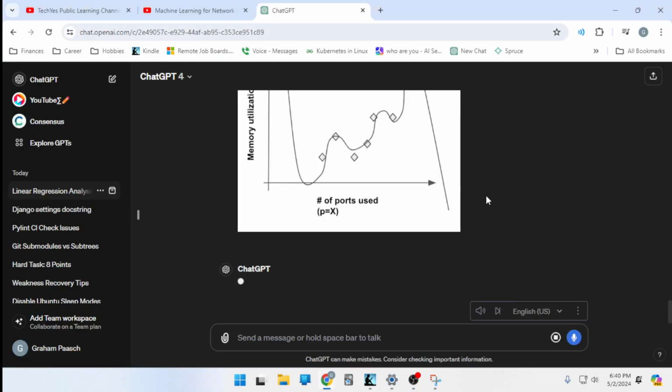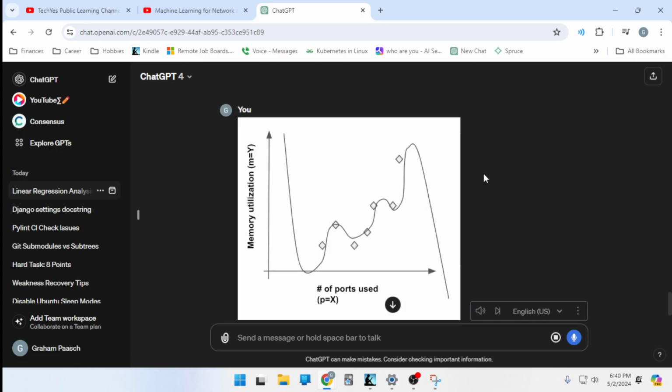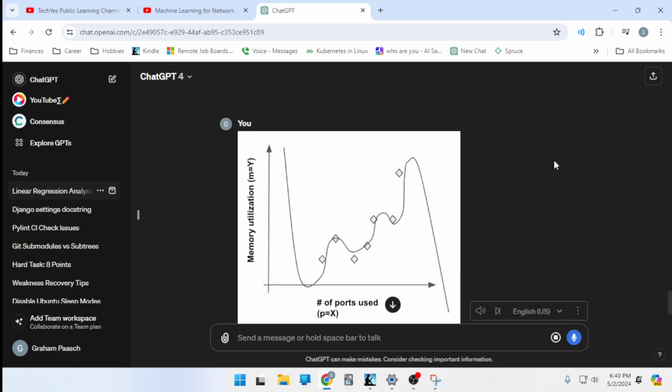All right, ChatGPT is left speechless by this. It absolutely cannot think of a single thing to say about this graph. So,